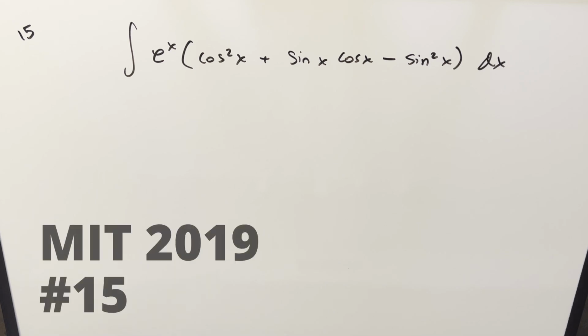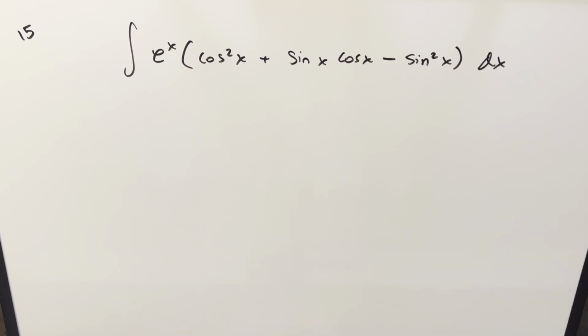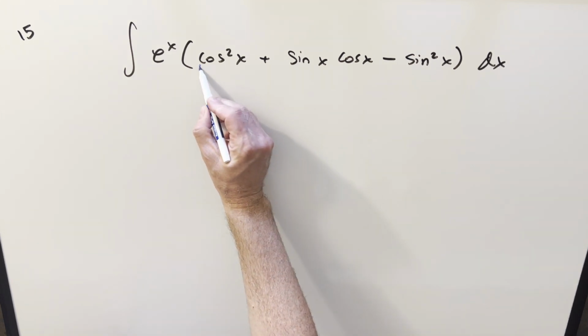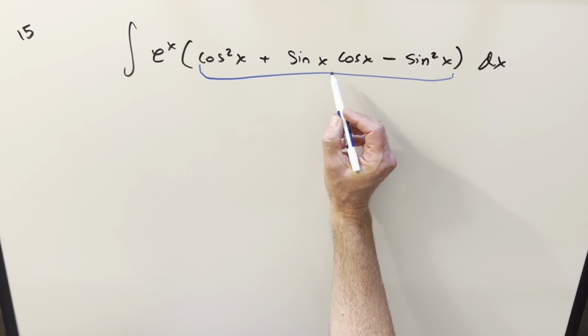Okay, we have written another integral. This one's from MIT Integration Bee 2019, number 15. We have the integral of e to the x times cosine squared x plus sine x cos x minus sine squared x dx. To get started, I just want to deal with all this stuff here, and